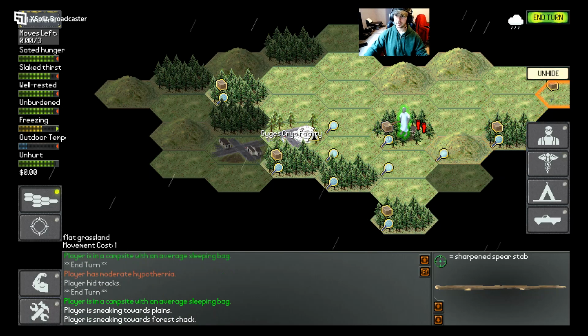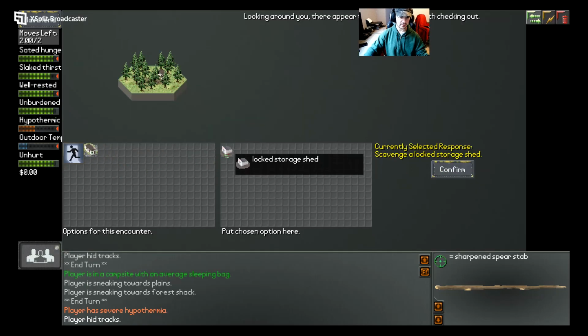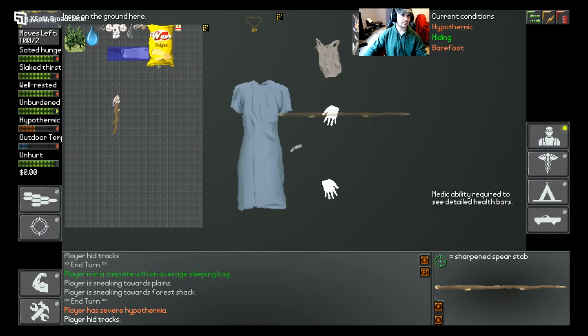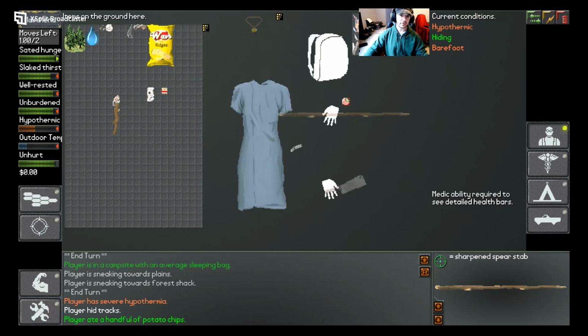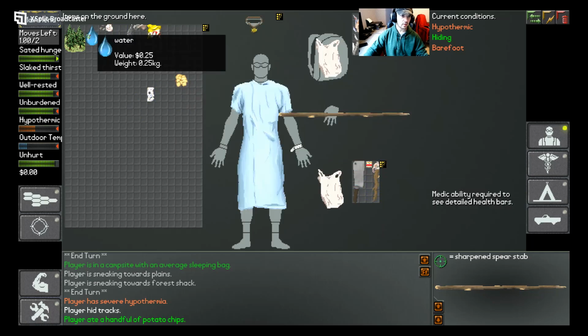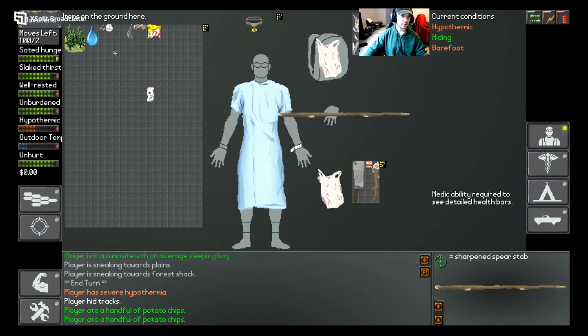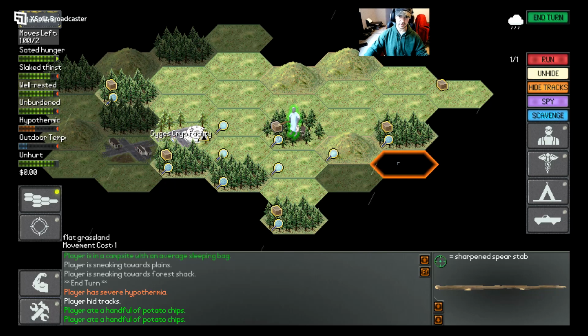Let's go over here and turn. Oh great, I'm hypothermic again. Let's hide our tracks. Do a little scavenging. Oh, it's locked. The only way to get into locked stuff is with a meat cleaver. Scrap of paper, disposable shopping bag. There's water. We don't know if it's bad or not, though. There's a locked shed, but the only way you can open a locked shed is if...